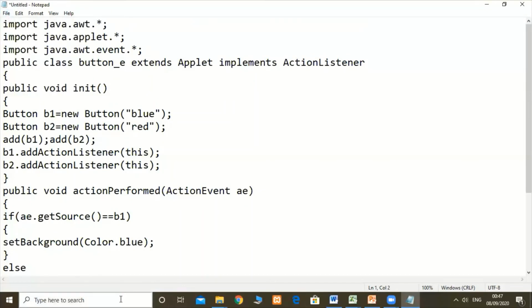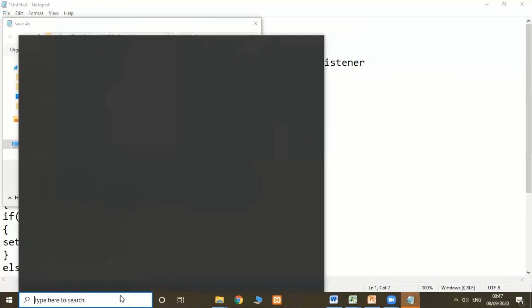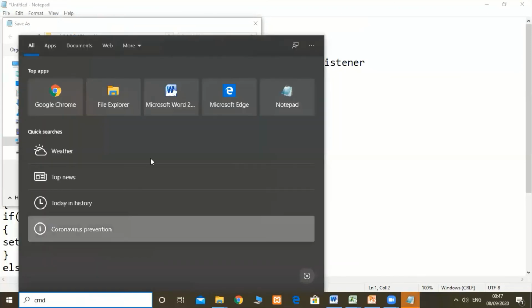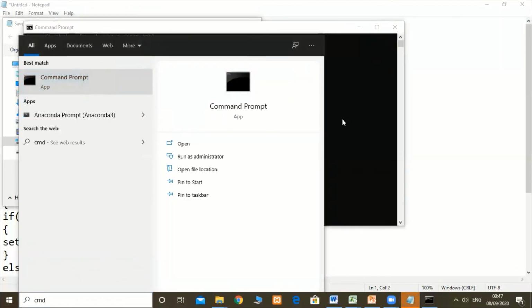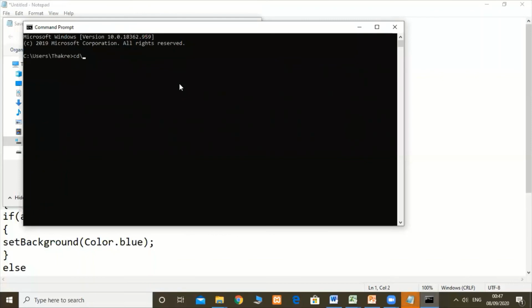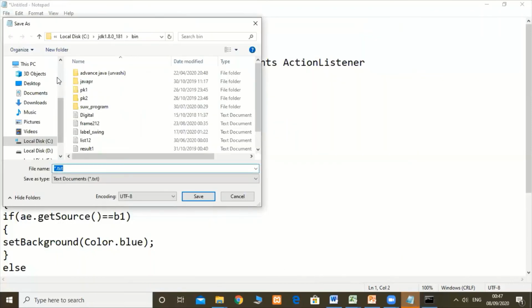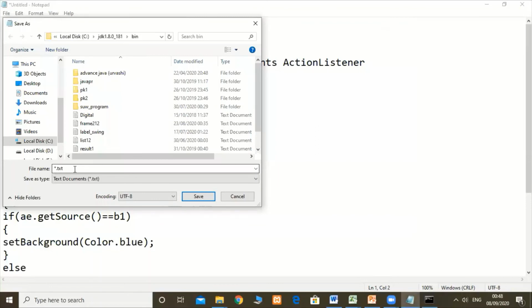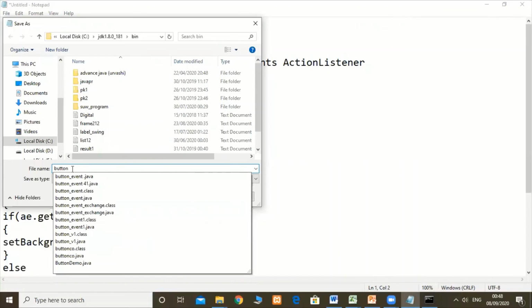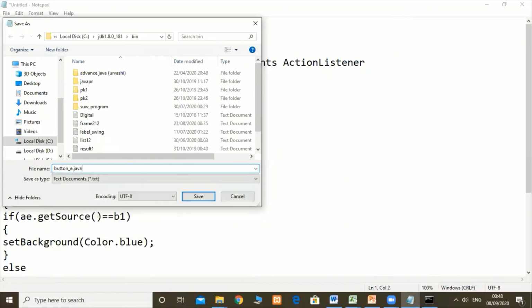Open the command prompt. Copy the path here and save this file as Button_e.java.